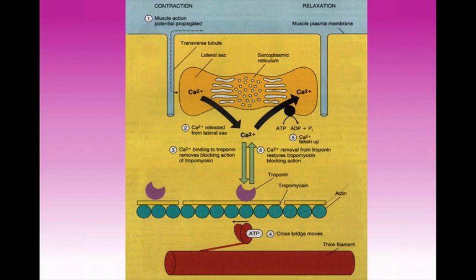Once that depolarization occurs, the action potential spreads out across the membrane of the muscle fiber until it reaches an entrance into the muscle called a T-tubule. T-tubules run vertically or perpendicular to the muscle fiber membrane. The action potential then travels down into the muscle, and at the end of the T-tubule, it stimulates the sarcoplasmic reticulum. The sarcoplasmic reticulum contains a lot of calcium. When it gets stimulated, it releases that calcium into the